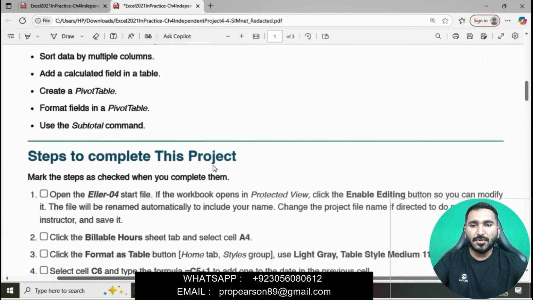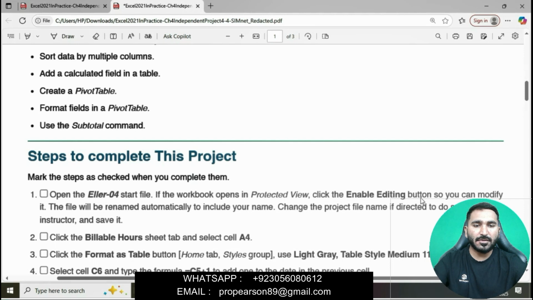Steps to complete this project. Mark the steps as checked when you have completed them. Open the LR4 start file. If the workbook opens in protected view, click the enable editing button so that you can modify it. The file will be renamed automatically to include your name.